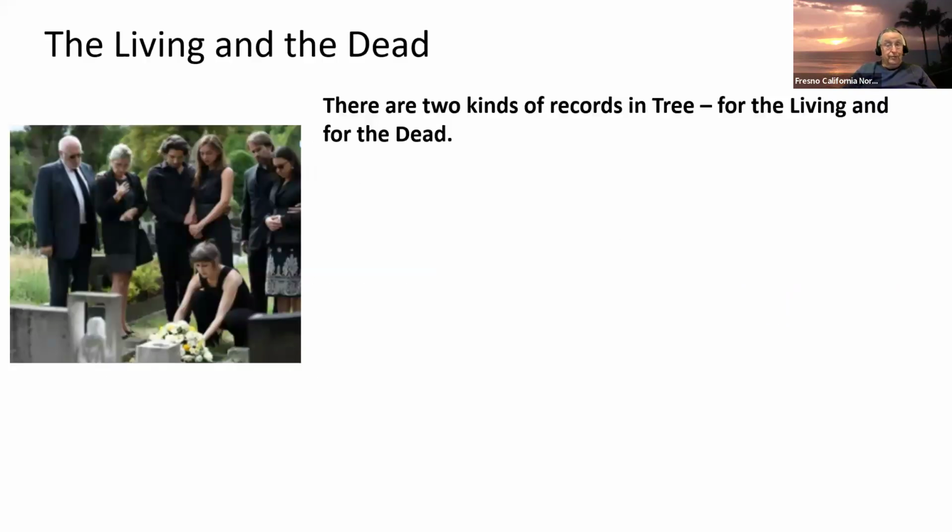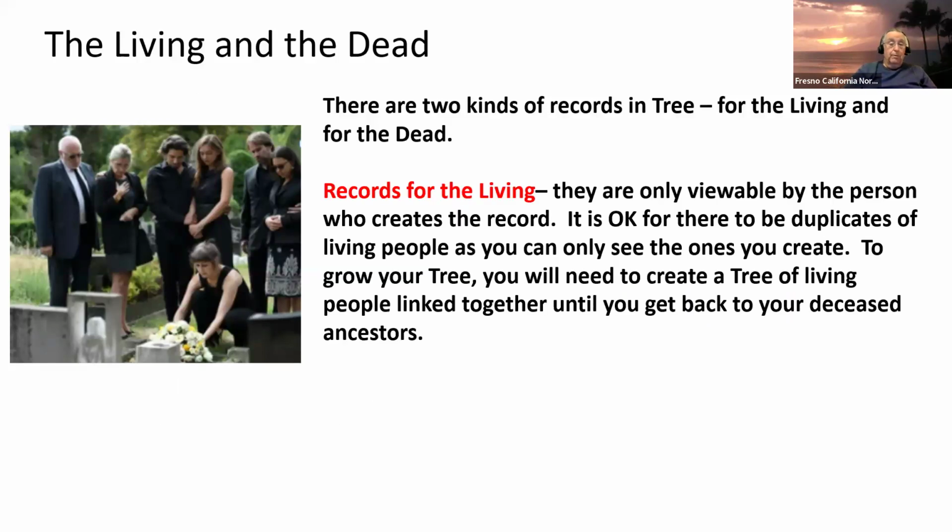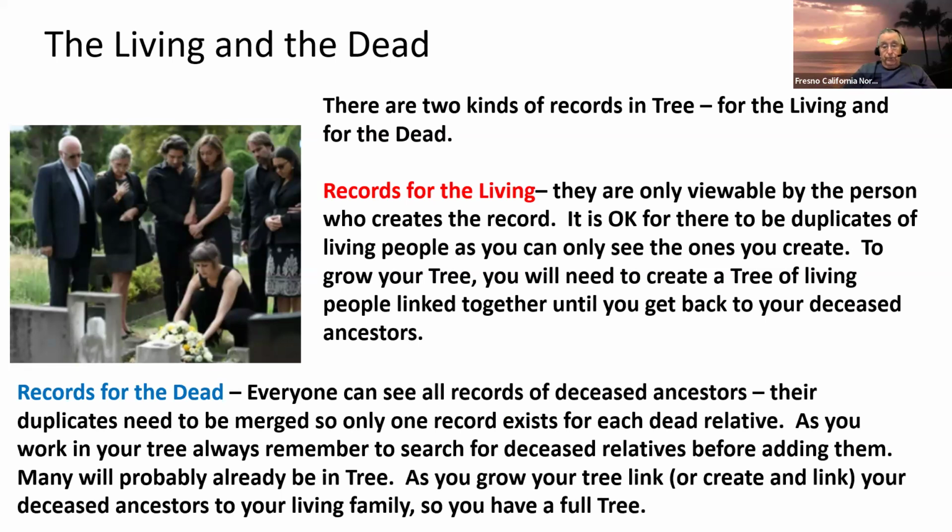Okay, there are living records and deceased records. And we have to help people understand that those living records are only viewable by the person who created them, or in your case, when FamilySearch created your account, they made a copy of you, and only you can see that record. So you didn't really make it, but you're the only person that can see it, as opposed to the records of those that are deceased that everybody can see. And those are the records that we're trying to get to have one record per person. There can be multiples of living people, and it doesn't matter because only one person can see them.